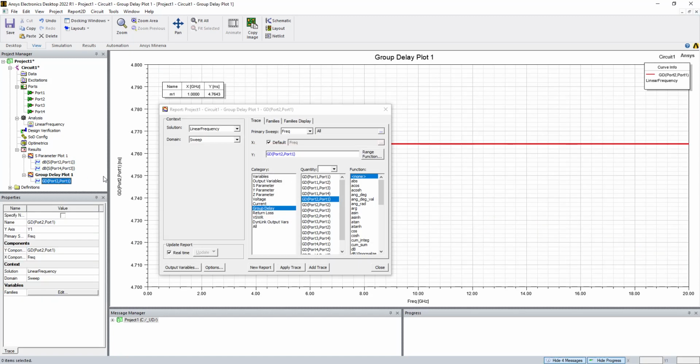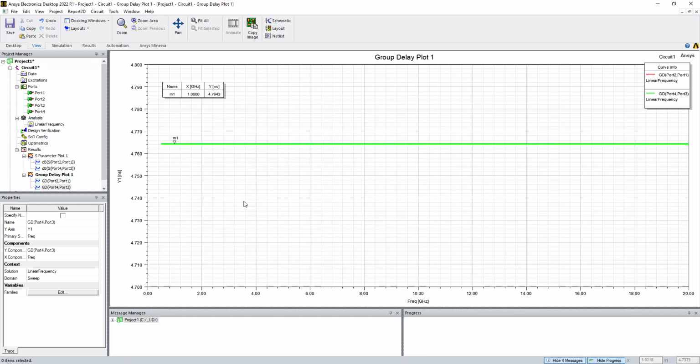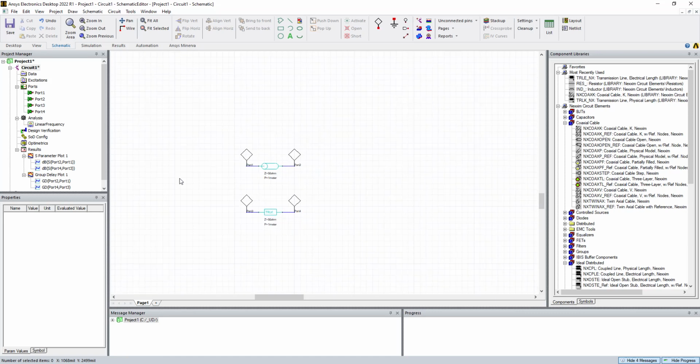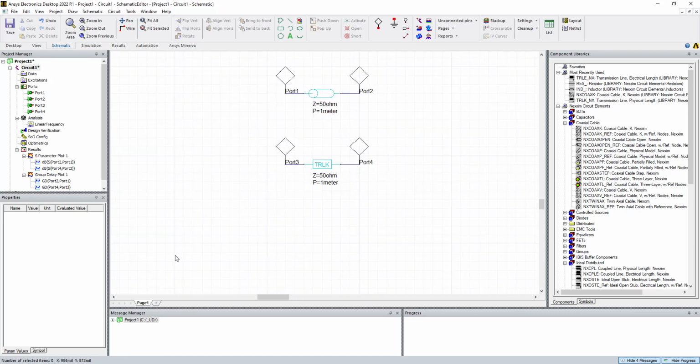So let's go down here and add 4.3 to our group delay. So there's our delay through the line. Again, the exact same delay. All right, so that just shows that we've achieved the same objective using different models. Let's add now